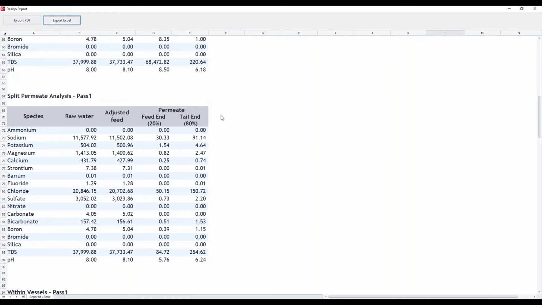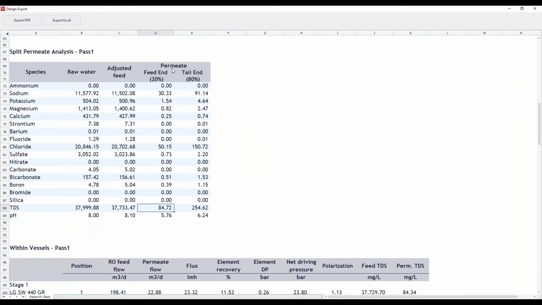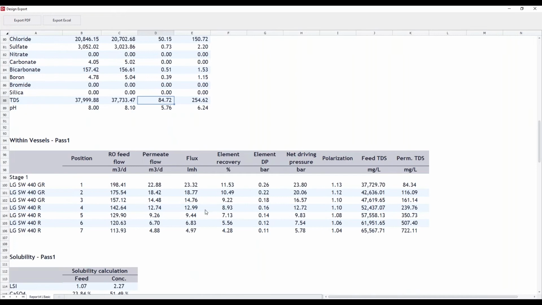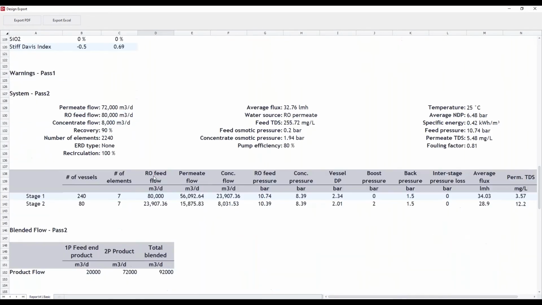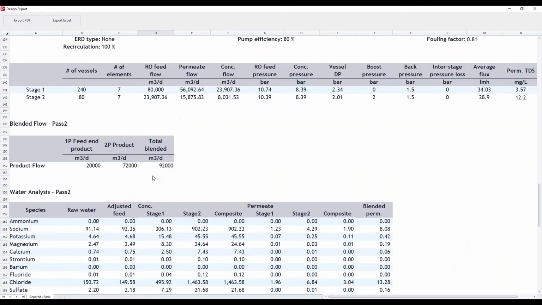This is the tail permeate quality that will go to the second pass. And if you see, the TDS is better in the feed end, or in the front side permeate. And also you can see here the balance inside the pressure vessel. And the same for second pass. Okay,